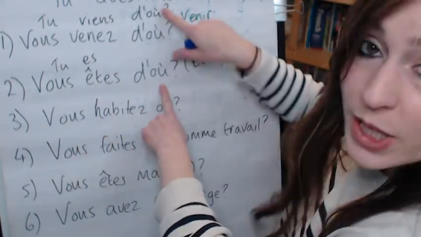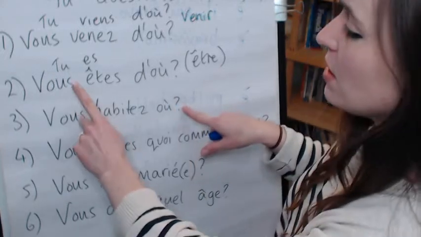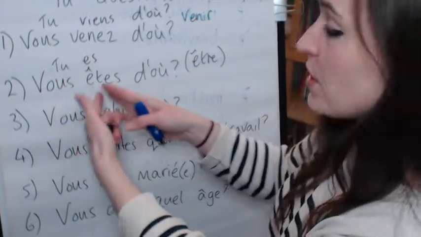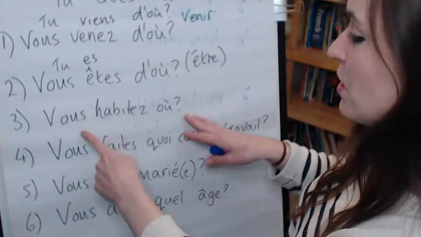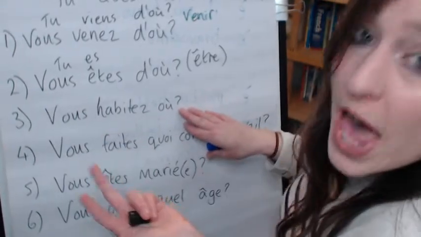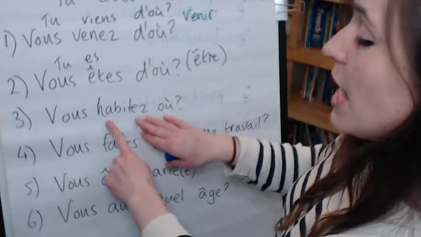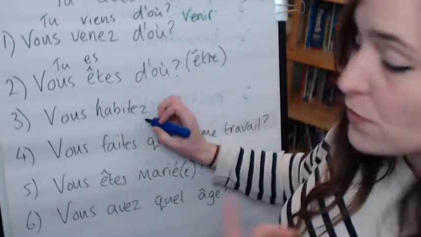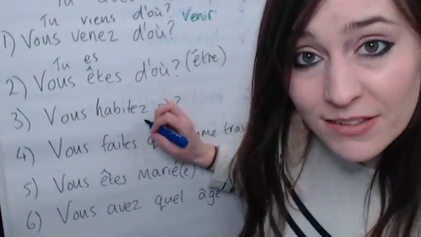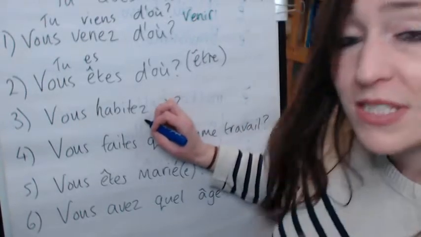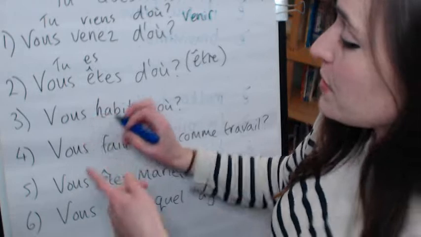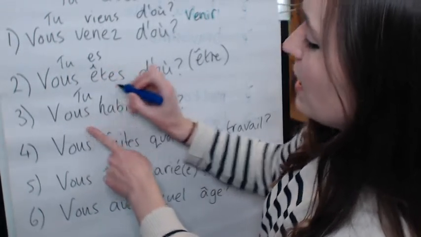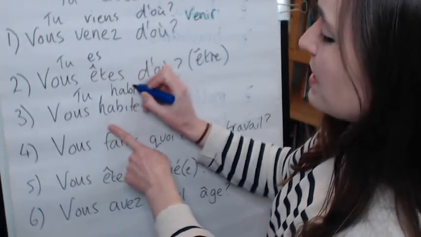So the où bit goes at the end of the question. The you bit comes before and the verb is in the middle. So in this question we've got où, again, you know it's a where question. Where, habitez is the vous form of the verb habiter. That means to live or inhabit, and vous is at the beginning. So that changes to, now that habite